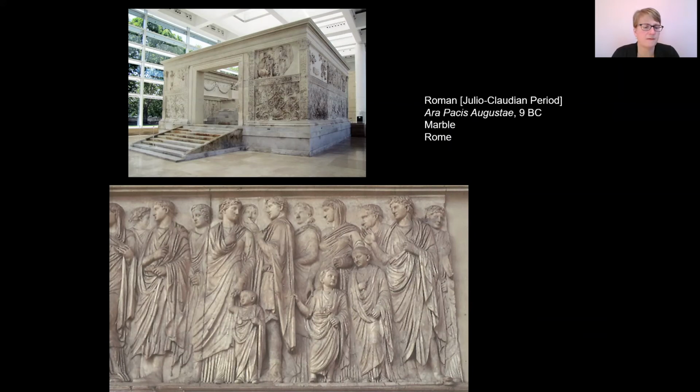The most prominent friezes show members of the emperor's family in a procession, preparing to conduct a religious sacrifice at the altar, which is actually in the middle of the structure. You can see part of that frieze at the bottom of the screen. Through this particular use of portraiture, Augustus makes his own family the moral model for the Roman populace. By doing this, he also claimed power for his descendants, including the women, who were immortalized in stone as good